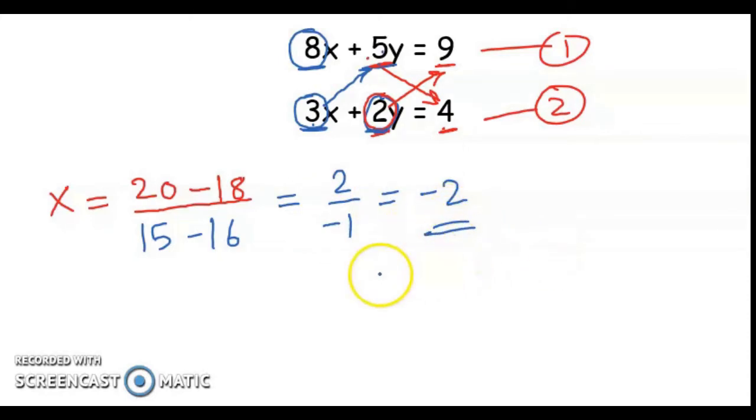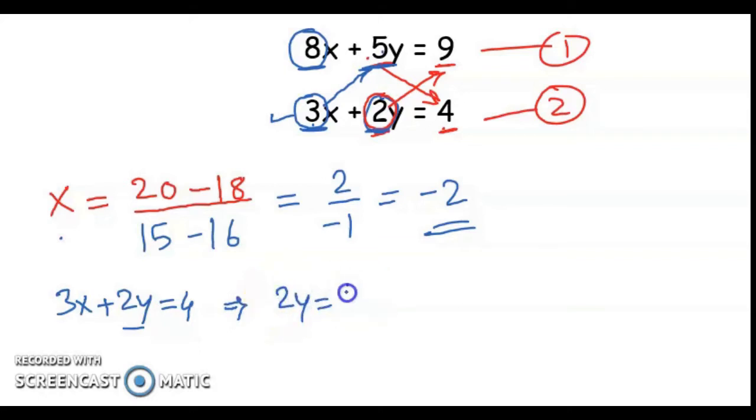Now here if you want to find out the value of y, then put this value of x in any of this equation. For example, if you put this value of x in equation number 2, here you can see this equation number 2 is 3x plus 2y equal to 4. If you want to find out the value of this y, then we can rewrite this equation as 2y equal to 4 minus 3x. Here in place of x we will put